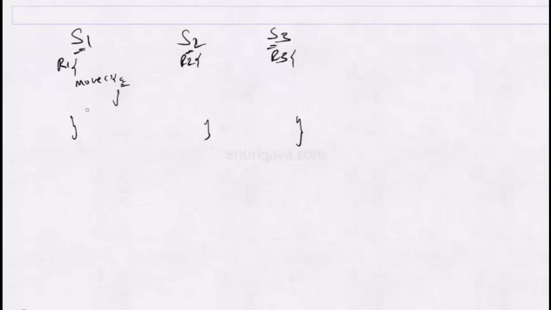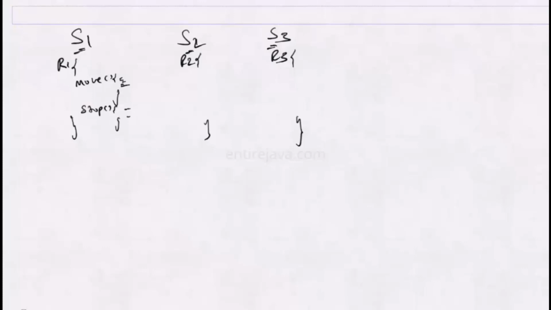Let's say there are three software companies, S1, S2, and S3, and they all specialize in providing the source code for robots. Let's assume they have class files, say R1, R2, and R3. Inside these class files, they write the source code for the robot. So it can have methods like move, and inside this method it will have some instructions to instruct the robot to move. Similarly, there can be a stop method,